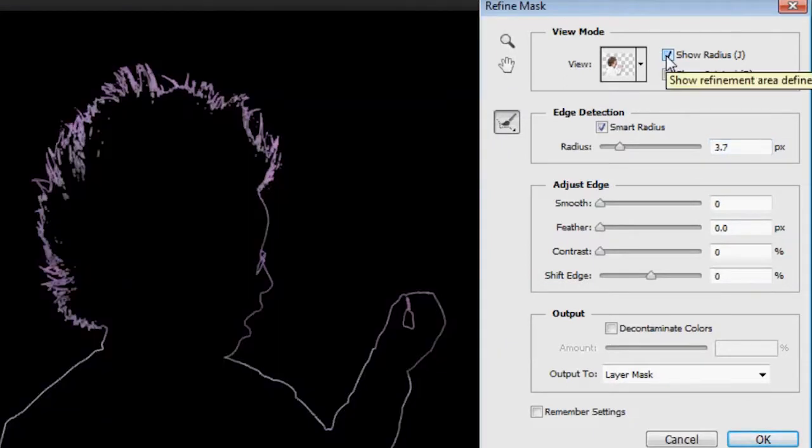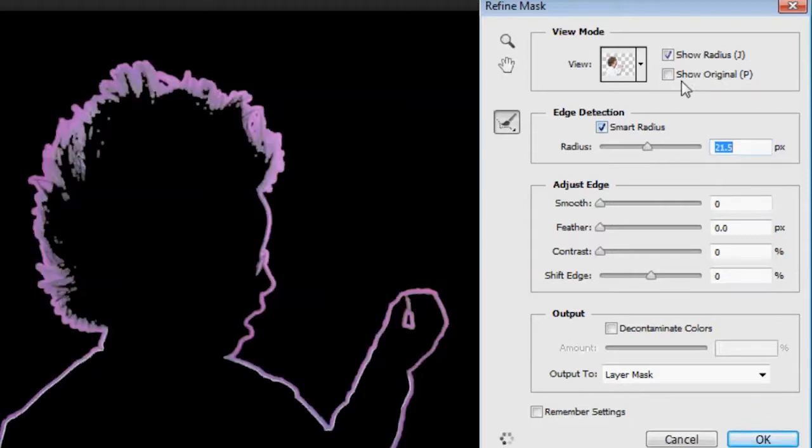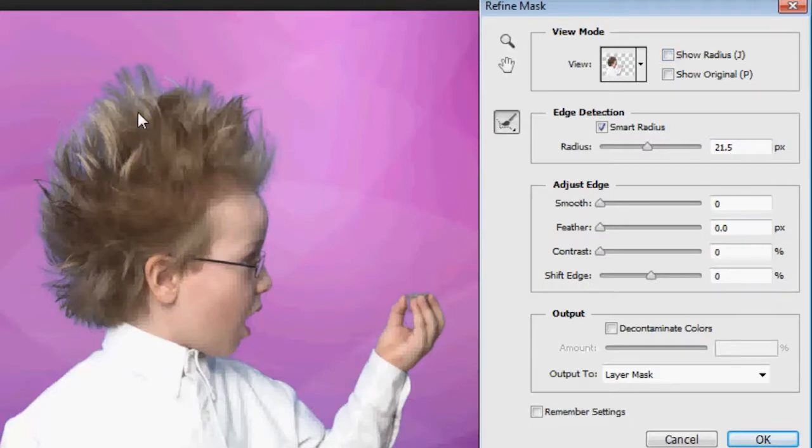If we click Show Radius, you can see exactly what's being picked. So that looks good. Go back here. Now it's done a good job of refining our mask, and it added some nice haze to this. If you want to see what we started with and where it is now. But you can see a lot of the blue still coming through, and that's why we have our decontaminate colors down here. So we're going to select this and drag it